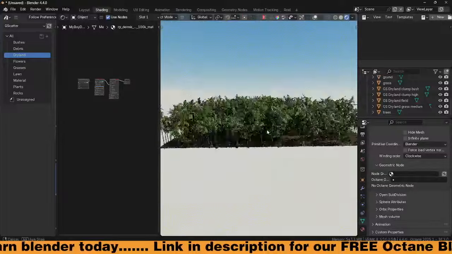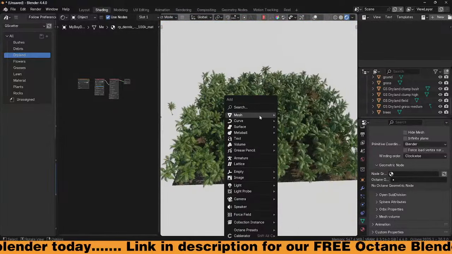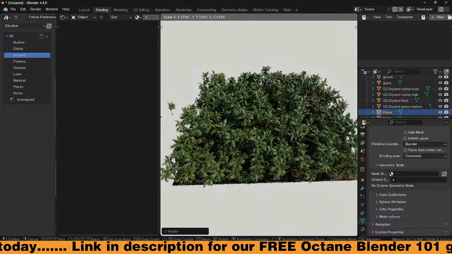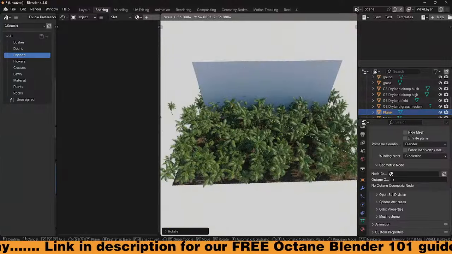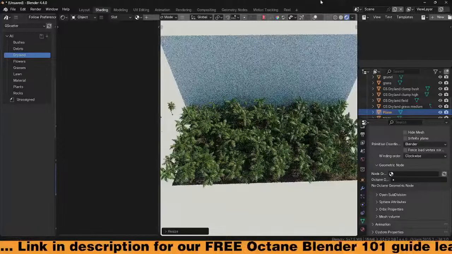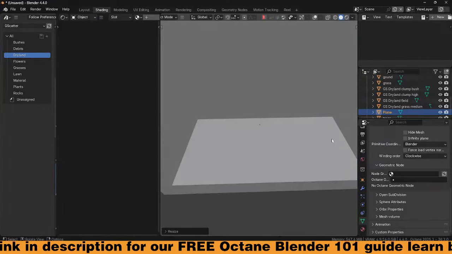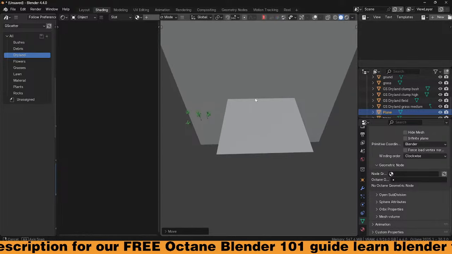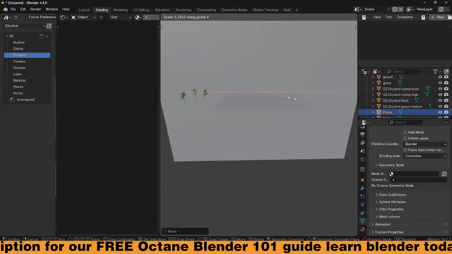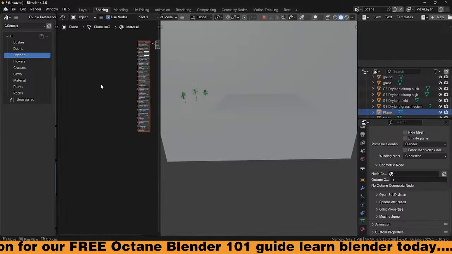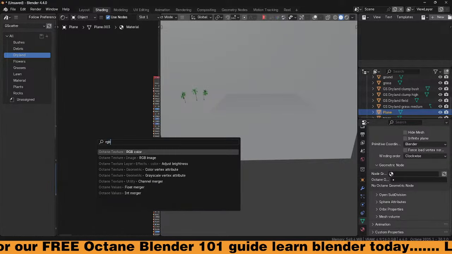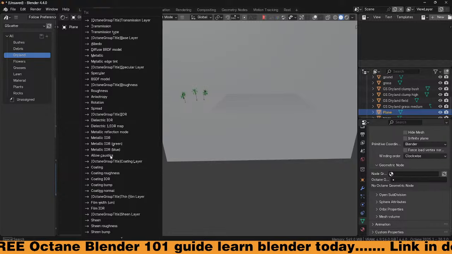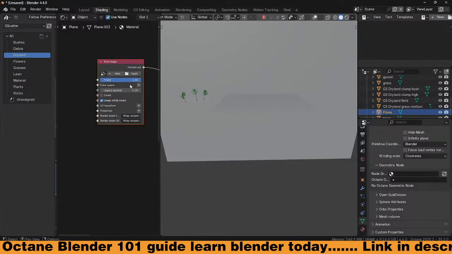I probably could just come in here really fast and add in a plane, rotate it on the X, scale it up huge, and GY it back, something like that. Scale it, and come in here, RGB image,